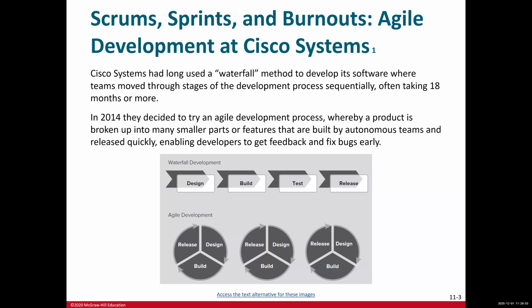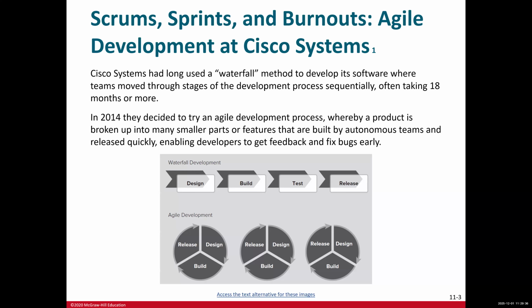So Cisco thought, okay, how can we improve our status? They shifted to agile development. In around 2014, Cisco decided to make a major change to its development process and moved toward an agile approach. If you're asking what's the difference and why was it so important to Cisco, let me explain it to you.